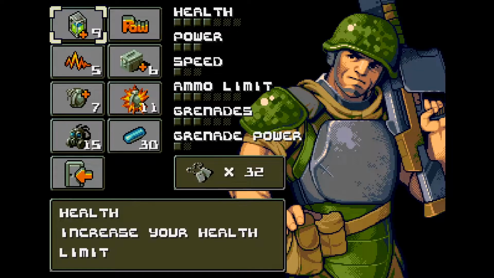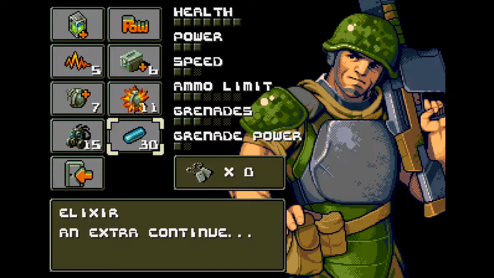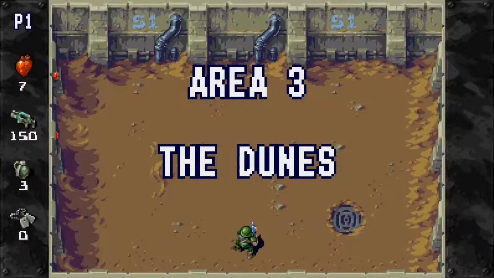Make your selection. But anyway, let's upgrade. More health, please. And do I have enough to buy speed? I do. Let's buy speed. There are some different upgrades you can get. Health, power, ammo, and speed are all pretty obvious. Grenades and grenade power also pretty obvious. Elixir is just an extra continue. You want those. If you can afford them, you really do want them. And a gas mask, which will protect you from attacks starting from this stage we're about to go into, the